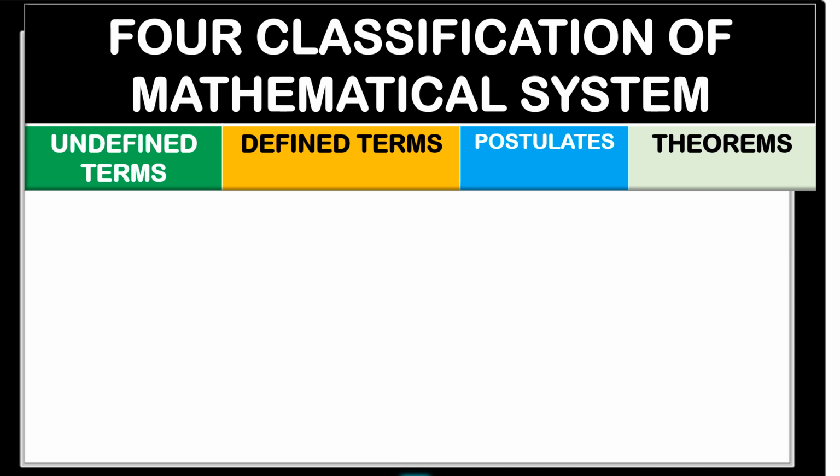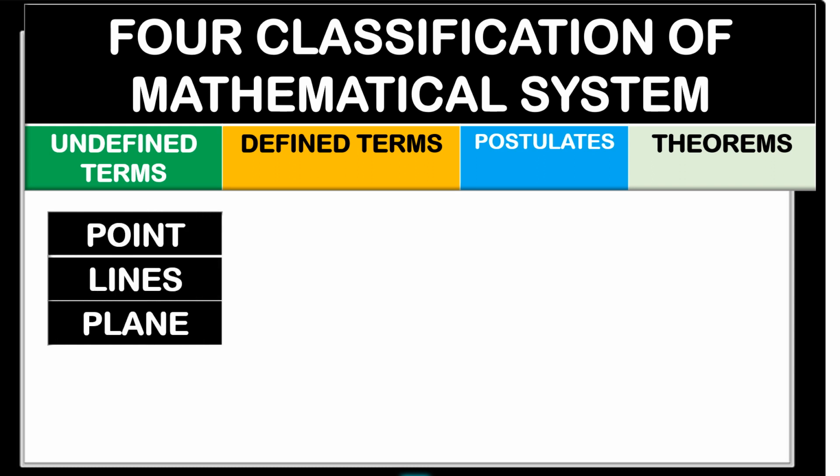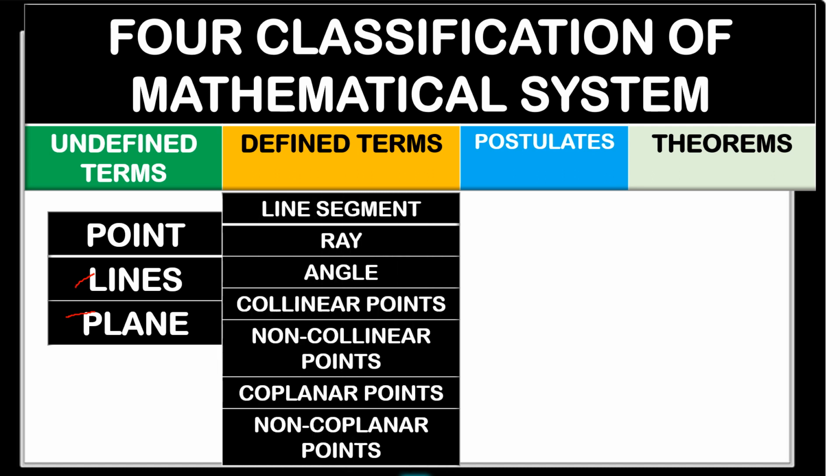These are the four classification of mathematical system. We have the undefined terms, we have the defined terms, the postulates, and the theorems. Under undefined terms, we have the points, the lines, we have here, and the plane. For the defined terms, we have the following. We have the line segments, we have the ray, angle, we have the collinear points, non-collinear points, the coplanar points,